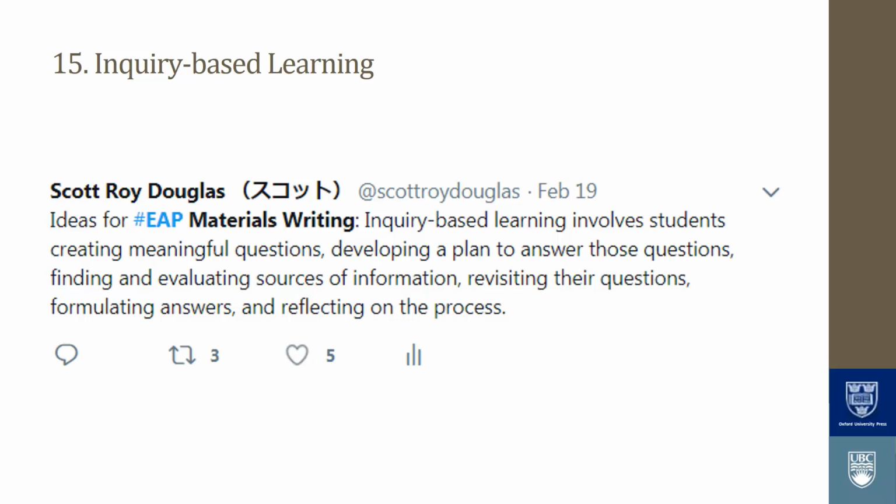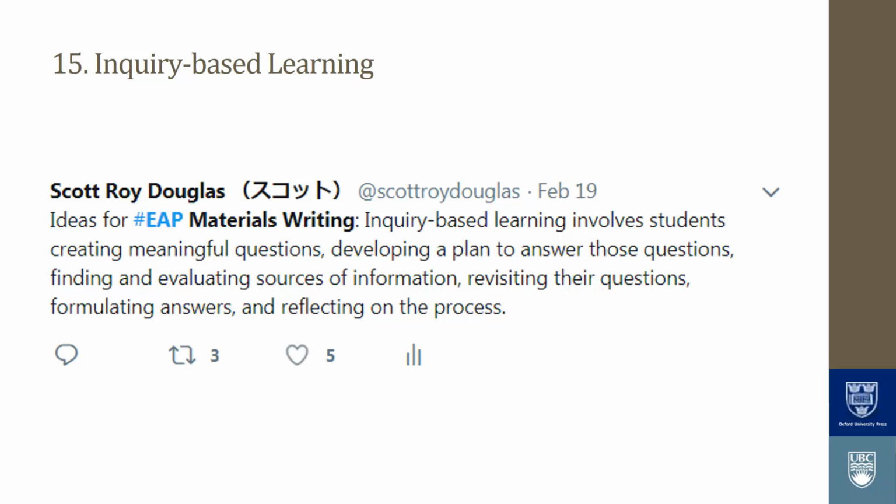So this is where, instead of presenting students with knowledge, we're helping students pose questions in order to create knowledge themselves. And so now we're helping students come up with meaningful questions about a topic, and then they're going to develop a plan to answer those questions. They're going to look at sources of information and whether or not they would help them answer those questions. They'll be continually revisiting and honing their questions, coming up with an answer, and creating a product of inquiry. So that might be like a poster, presentation, or an essay,